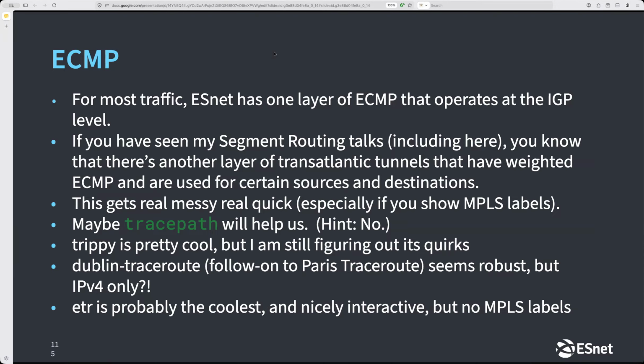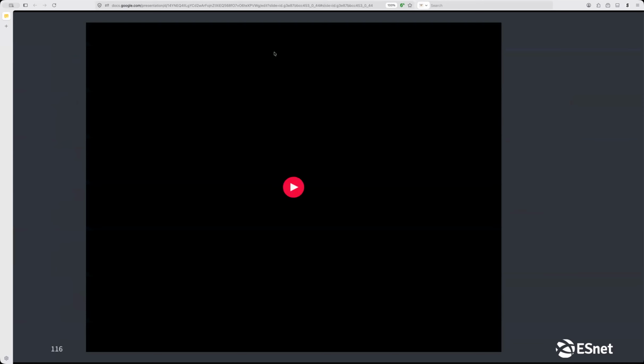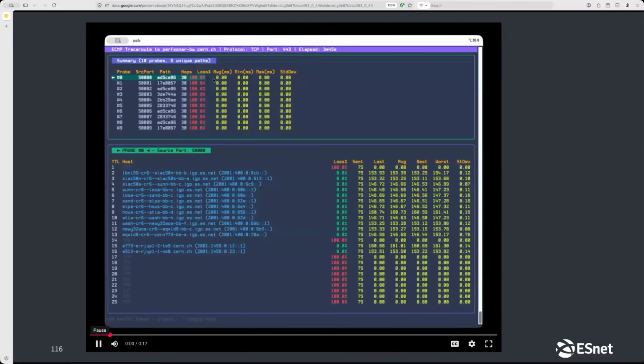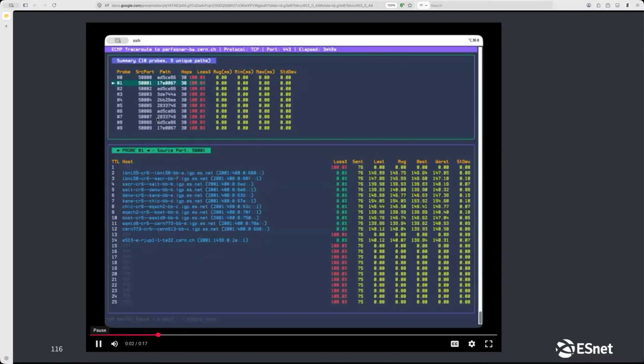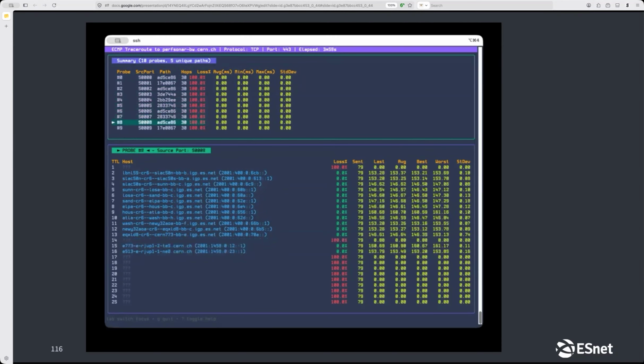The one that I think is maybe kind of useful for interactive visualization of ECMP paths is called ETR. That's written in Go, and I have a video of it because it shows you how you interact with it. Up top, it gives you a hash of each path. You can page through each of those paths, and it's showing you the full set of paths. You can see that they take different directions. Sometimes the paths are repeated